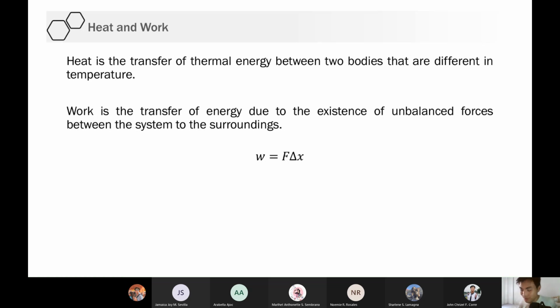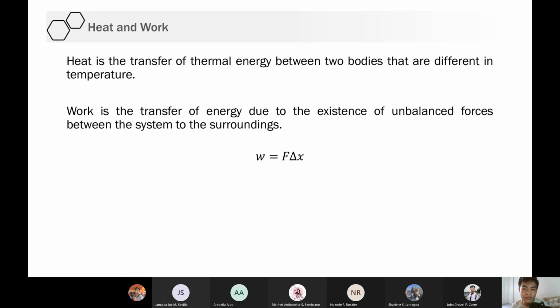Di ba sabi ko sa inyo, we now have another way to solve for delta U. Instead of solving for kinetic energy, potential energy, we can just solve for the heat and the work. What is heat? Heat is the transfer of thermal energy between two bodies. Ibig sabihin, there's an energy transfer and as a result, iinit yung bodies natin. Ang heat ay i-discuss ko na lang sa susunod kasi that's quite a lengthy topic. Medyo mahaba yung discussion sa heat. For now, gawin natin yung work.